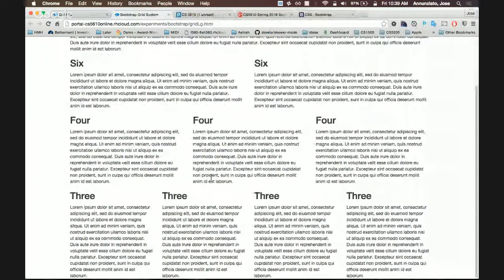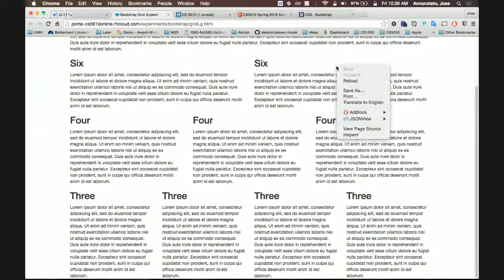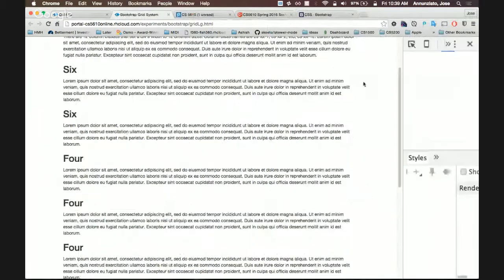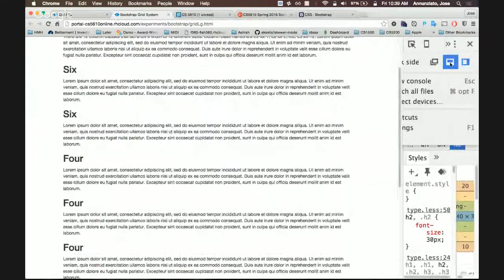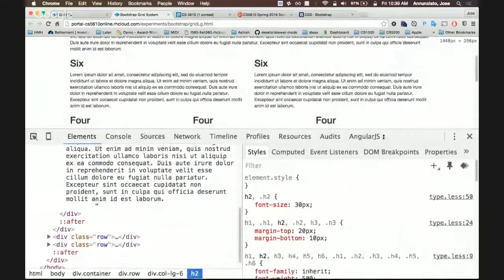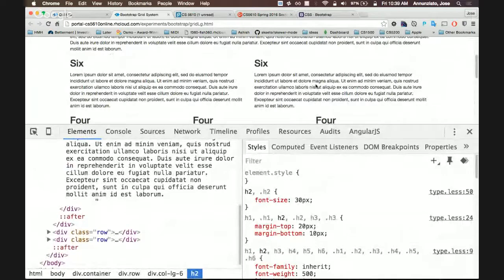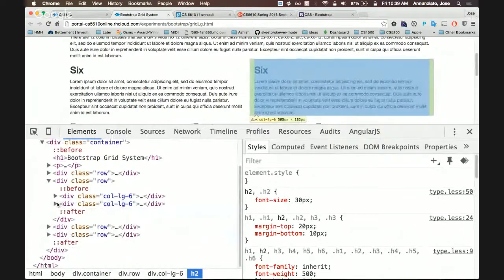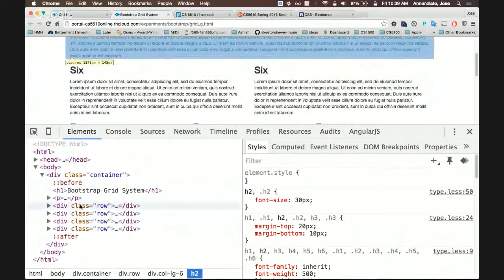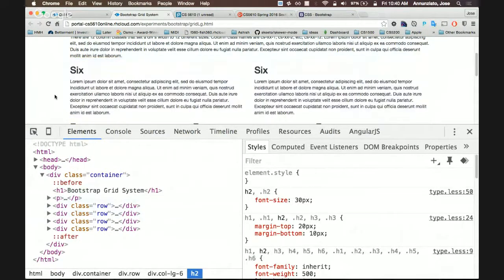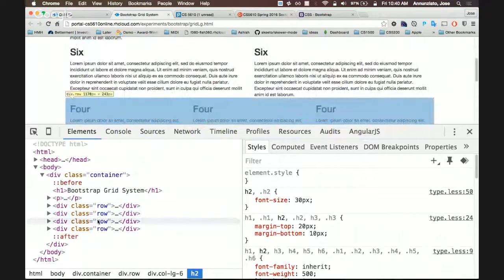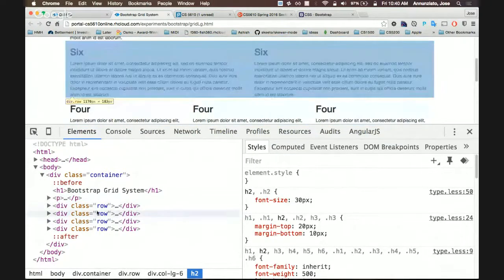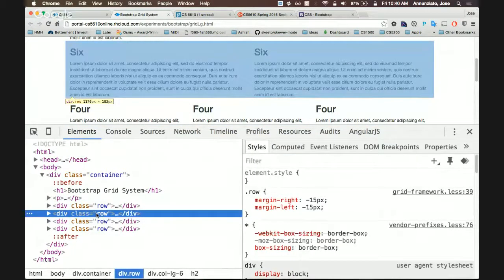Okay, so if we look at the source code, let me move it down below so we can take a look at this. You'll notice that this particular row here, we can highlight it. We can see the elements down here. We can look at all the rows. Here's our first row up here, that one right here, and then we have the second row, and then down below that we have the third row. So if we look at the second row,